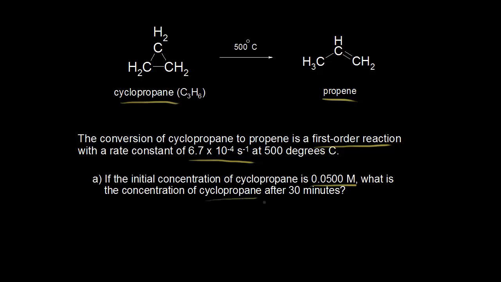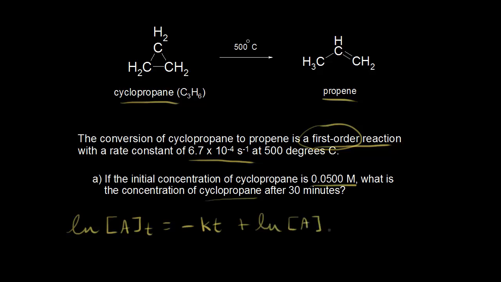after 30 minutes? Well, to solve for this concentration, we can use the integrated rate law that we found in an earlier video. Since this is a first-order reaction, one form of the integrated rate law is the natural log of the concentration of A at any time t is equal to the negative kt, where k is the rate constant, plus the natural log of the initial concentration of A. And here, cyclopropane, or C3H6, is A. So this is the natural log of the concentration of cyclopropane,